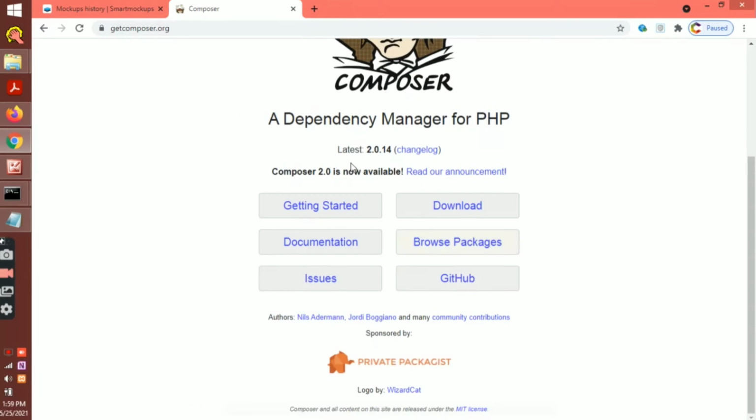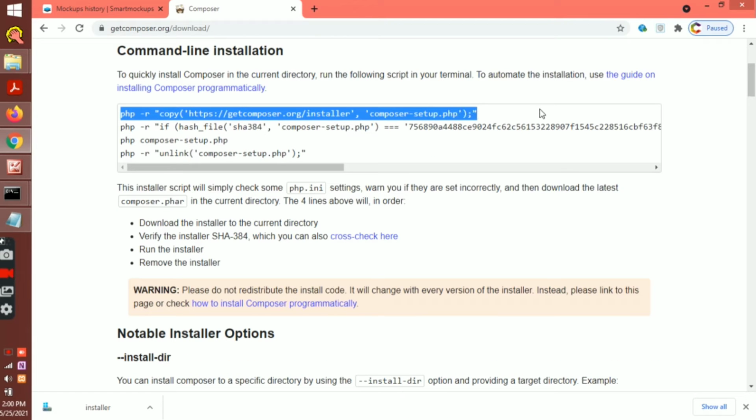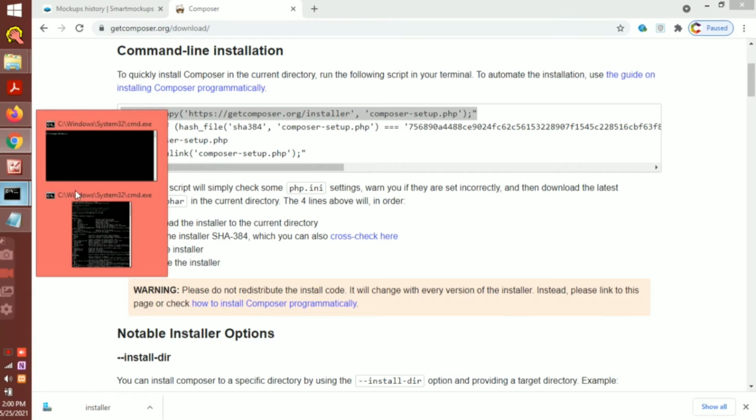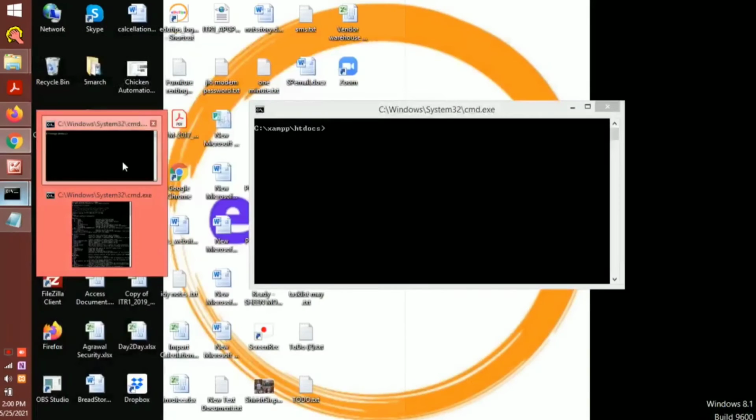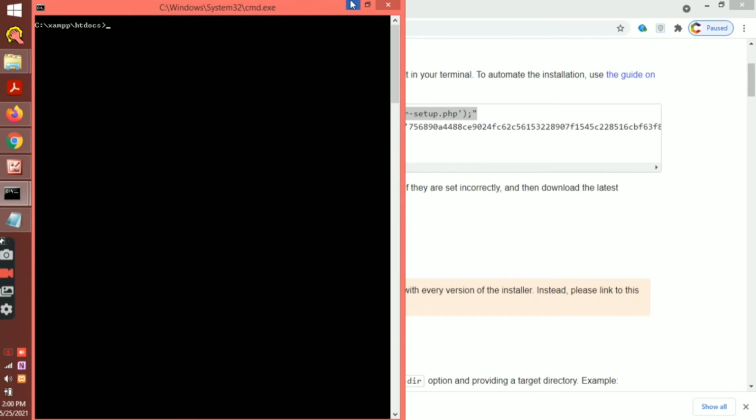Now I am still going to download Composer. On the official website you can see there are four commands. The first command I am going to copy, which installs the Composer setup. Now paste it into the CMD and hit enter.